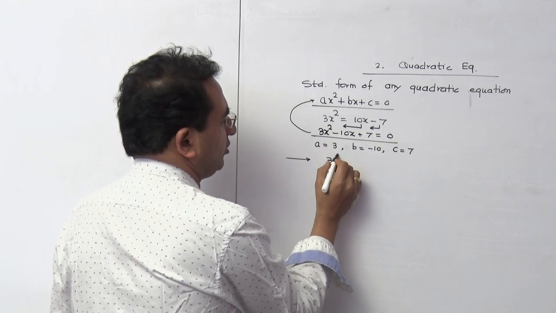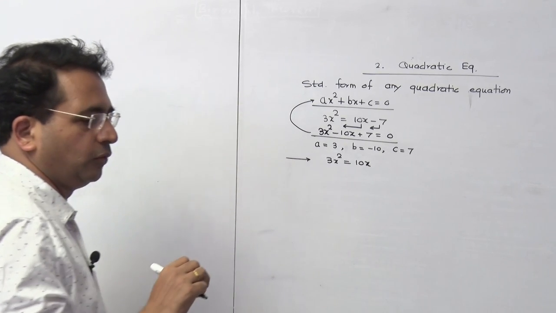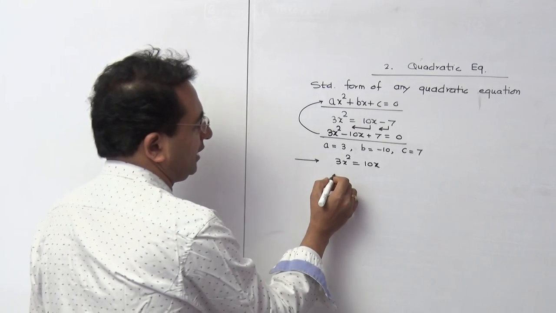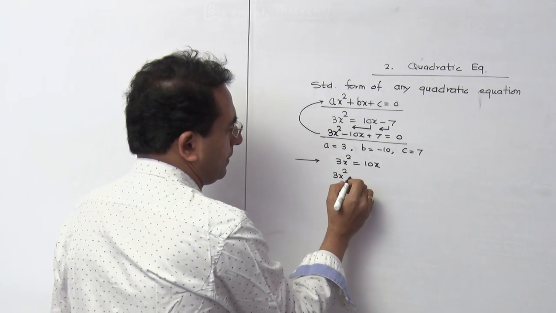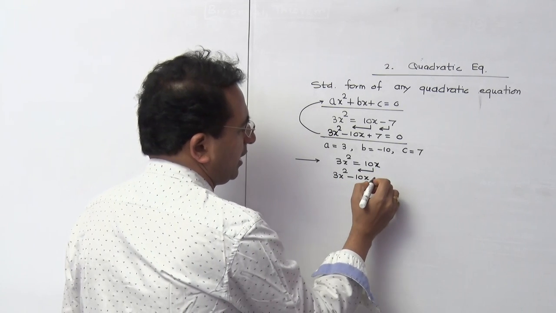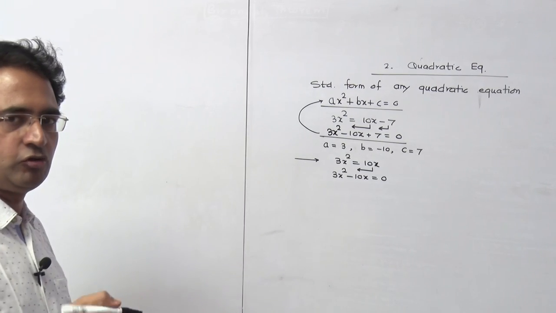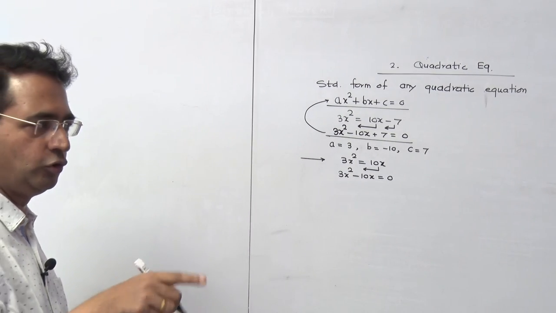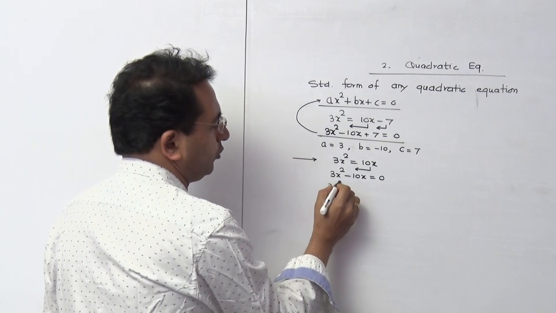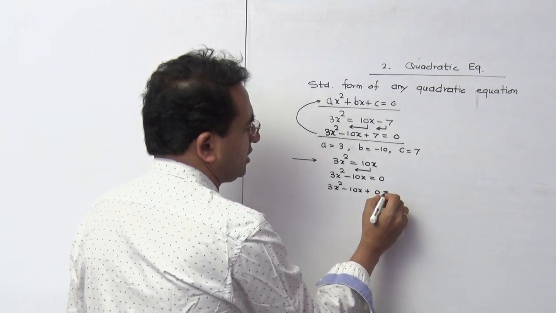Suppose the equation is 3x square is equal to 10x. See the modification now. This equation again is not in a standard form. So I should write 3x square minus 10x because this is definitely transferred on the left, and then is equal to 0. But this equation is not in a standard form because there is no third term involved. So it is expected that you should involve that term also. It is going to be plus 0 is equal to 0.